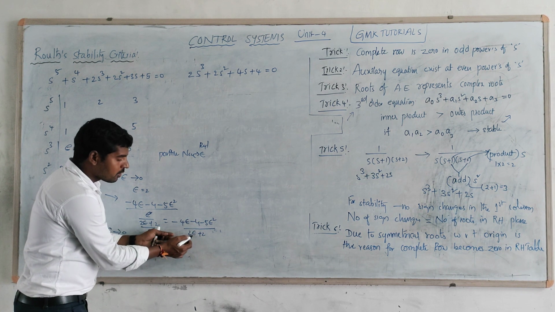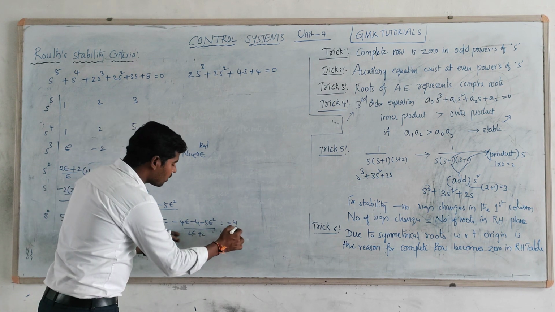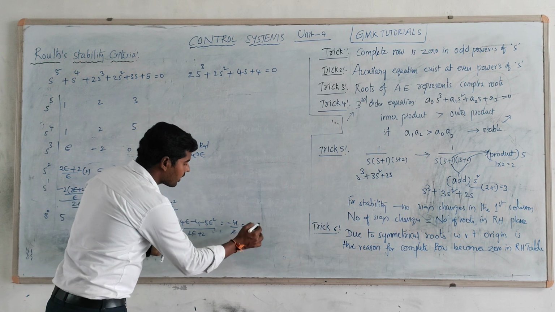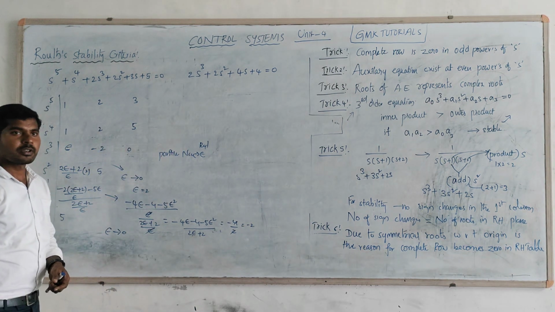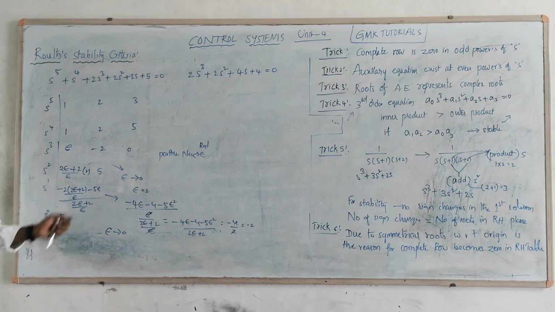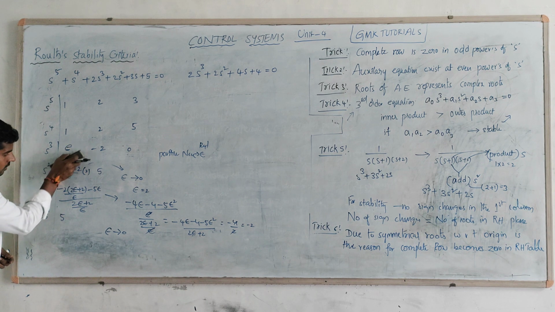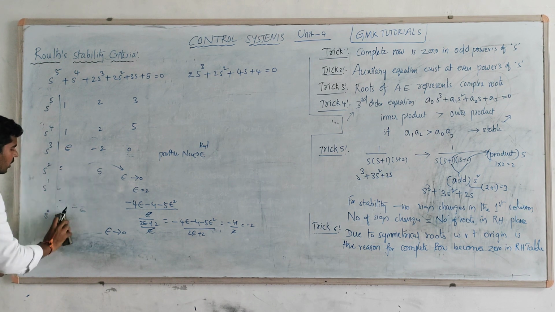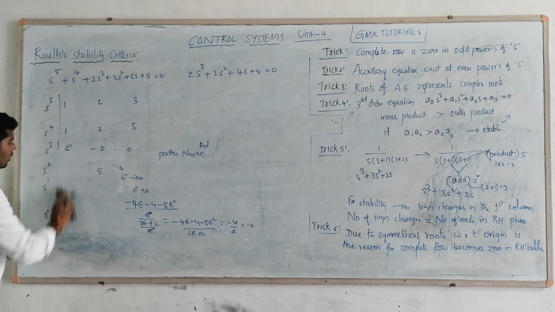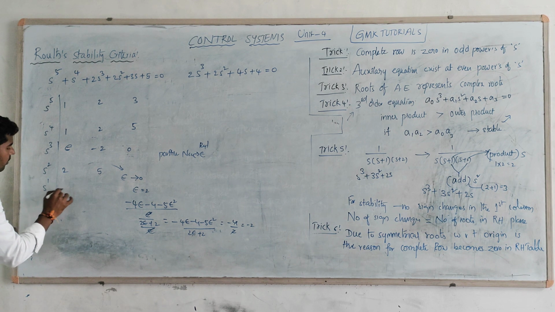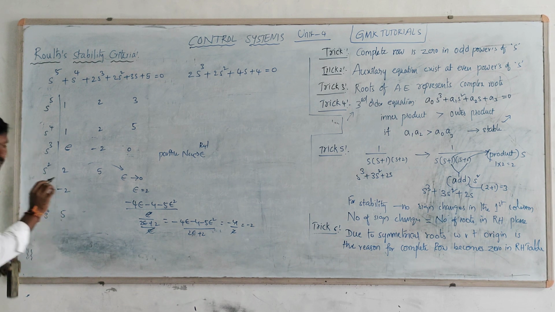This is also possible. Therefore, you will get minus 4 divided by 2, therefore you will get minus of 4. Okay, that is a generalized process. So I will just replace with the values, and you will get the value of this one equal to 2 and this value equal to minus 2. If you are finding the process for this one, you will get a value of 2, you will get minus 2. This is equal to 5.